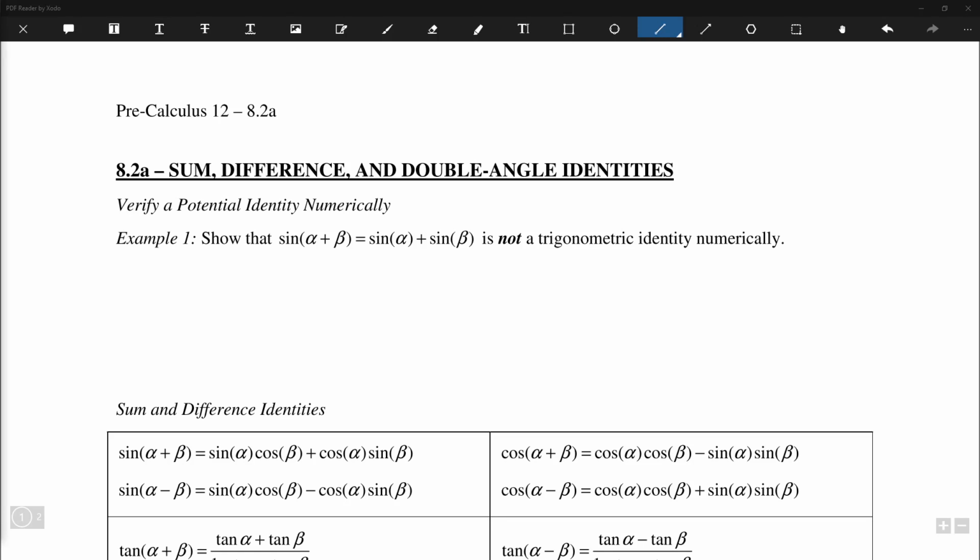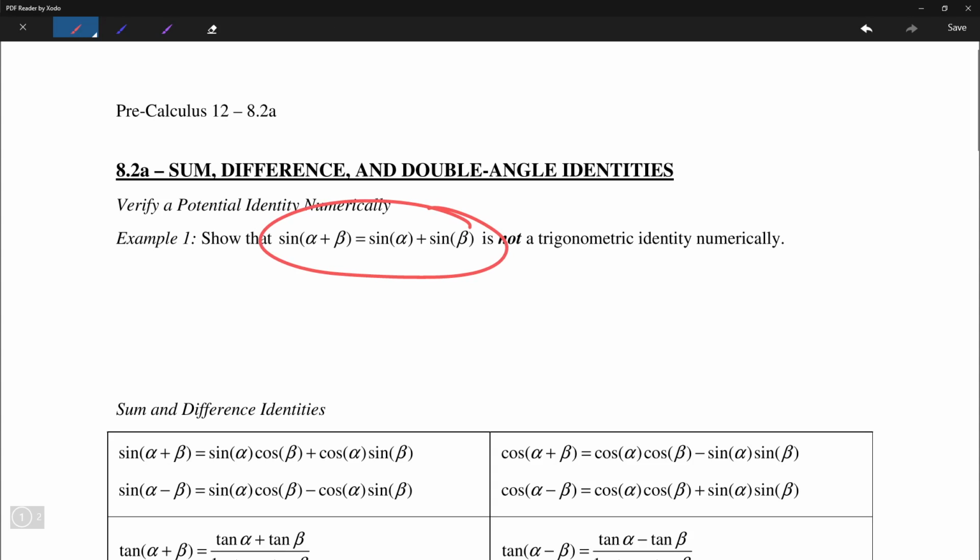Hello everyone, so today we're going to go over section 8.2 part A, sum, difference, and double angle identities. So we'll begin by looking at this expression here. Sine alpha plus beta is equal to sine alpha plus sine beta, and it is not a trigonometric identity, and